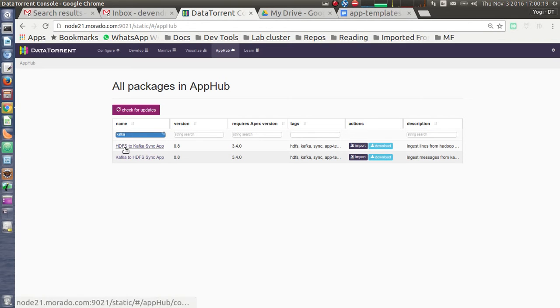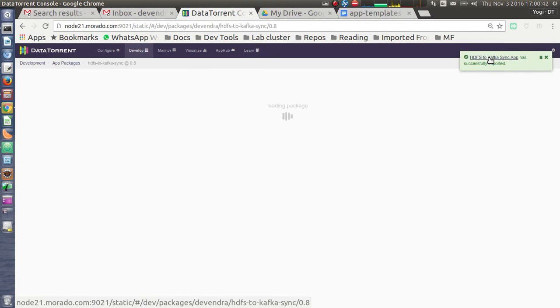I will import the application named HDFS to Kafka sync app. I click on the dark blue import button. We can see import is in progress. We can see the notification saying the app has been imported successfully.